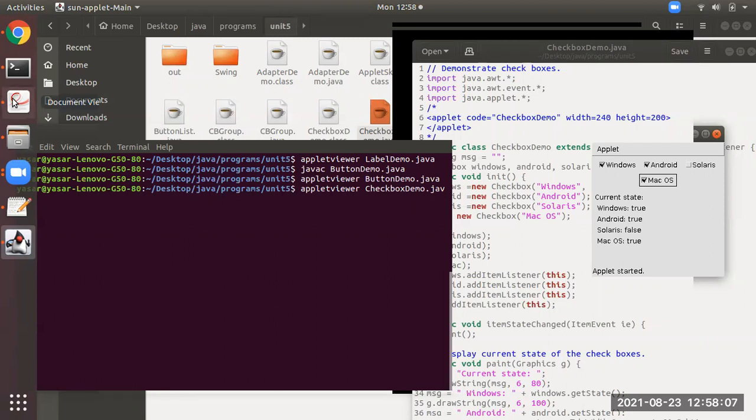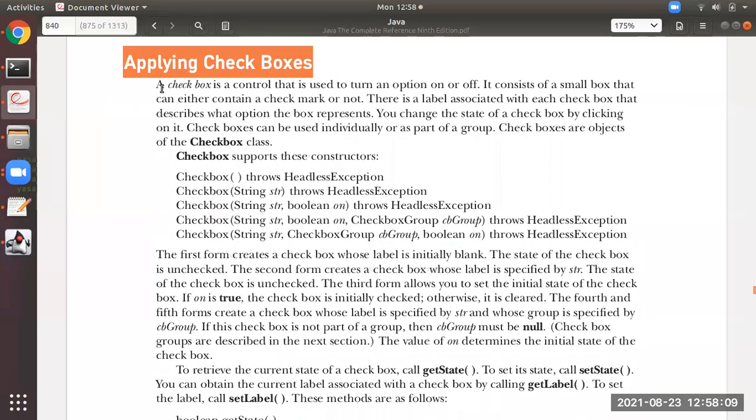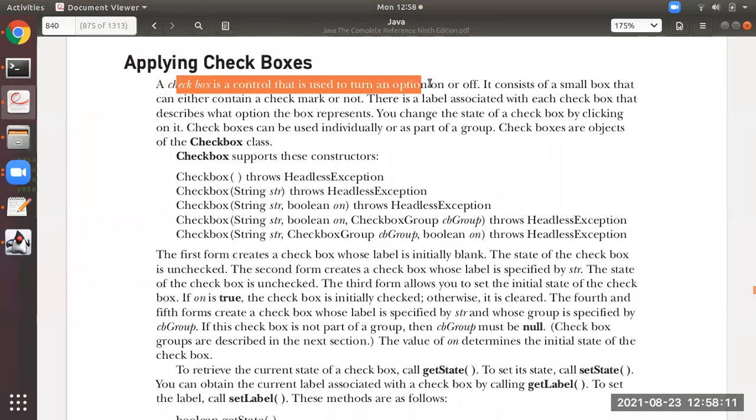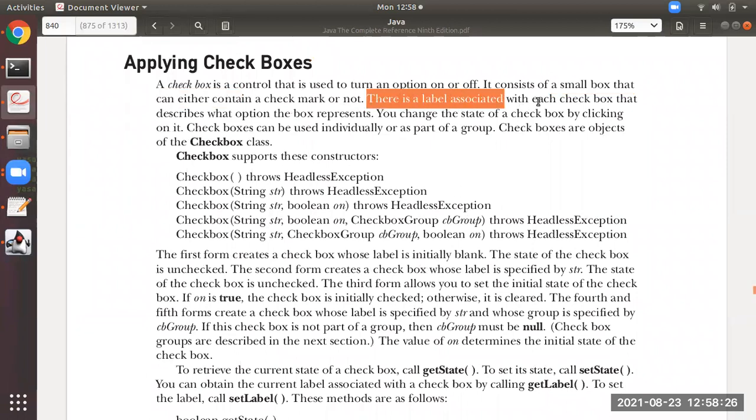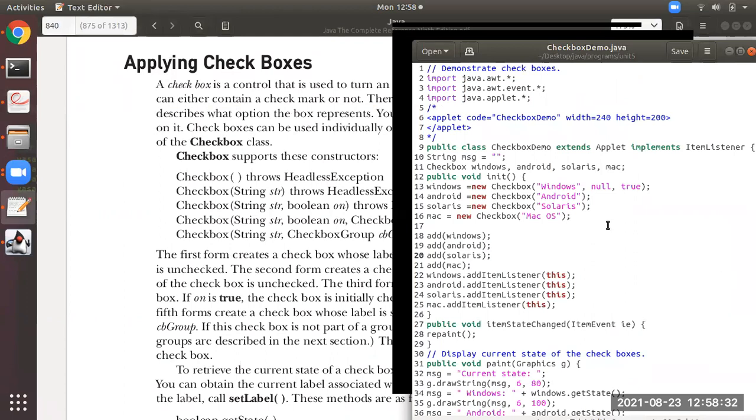The checkbox. So you see here, a checkbox is a control that is used to turn an option on or off. It consists of a small box that either contains a check mark or not. So for the first one, it was on. There is a label associated with each checkbox that describes what option the box represents.